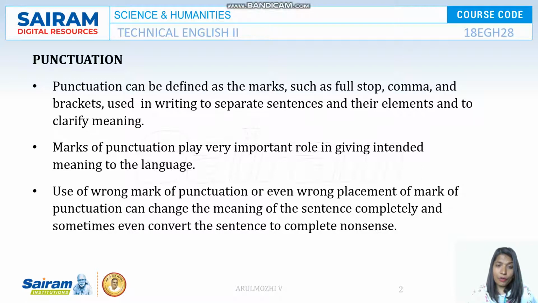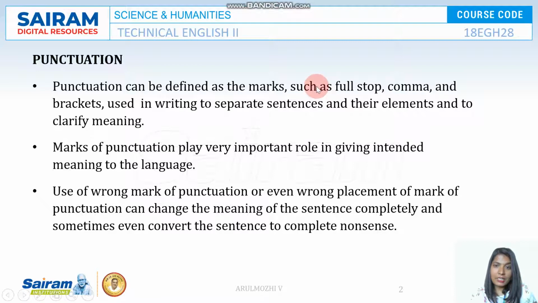But if it is wrongly used, then it is the villain of writing. Because, take for example, "Come, let's eat, grandpa." If there is a comma before grandpa, then it means come grandpa, let's eat. That is the meaning. But if there is no comma, it means that you're going to eat grandpa. Okay, so you will have to place punctuations correctly, otherwise the entire meaning of the sentence would go wrong.